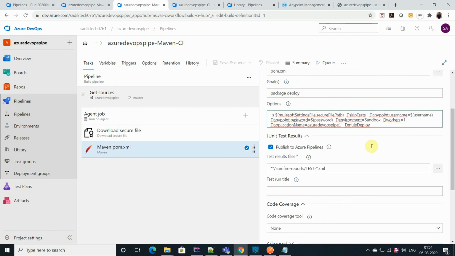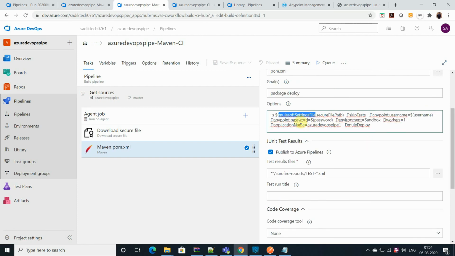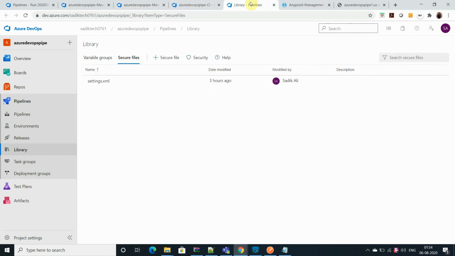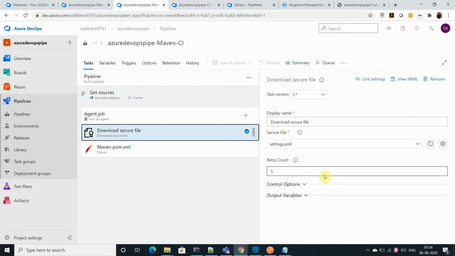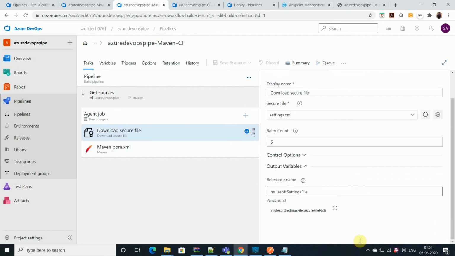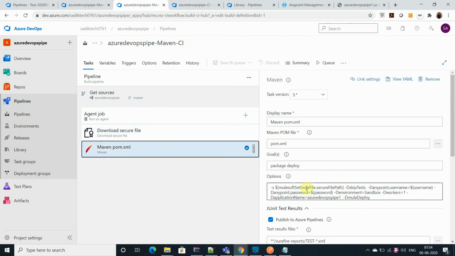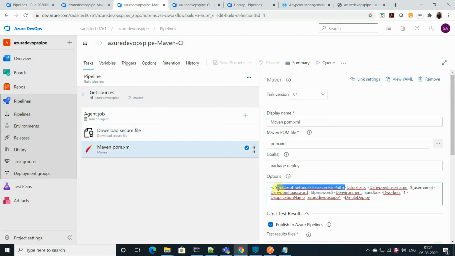You can see this MuleSoft settings file secure path. What is that? Let me show you where I have configured this. Let me go to Download. You can see I have provided the MuleSoft settings file, and by this name I am referring to it here to download all the dependencies for MuleSoft.